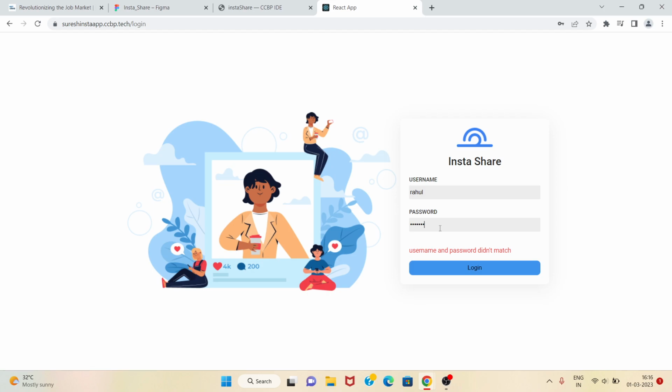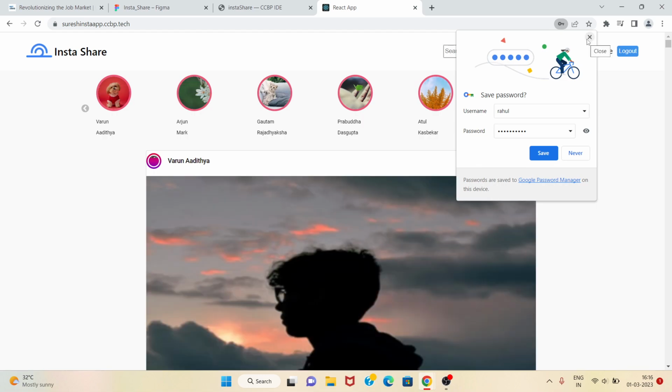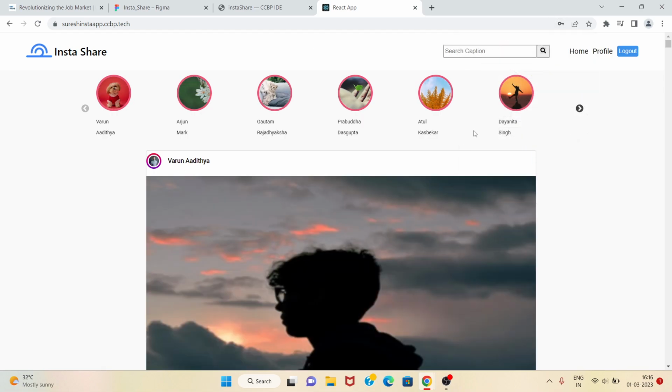So after that, we have given the correct password, and yeah, it will be redirected to the home page, right? So this is the user interface, the home page. Whenever we log in, it will be redirected immediately to the home page. And here there is also a navbar, with the heading at the top left corner showing Insta Share